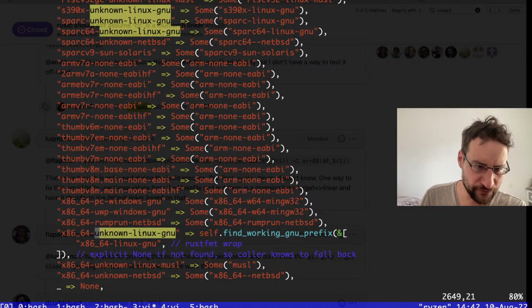Okay, we have the same. So for x86, we have that. Also, here's just format wrap explicit none. If not found, so call announced to fall back. Why is this comment below? Why is that comment in the middle? Why is this comment to none not at the end? Anyway,